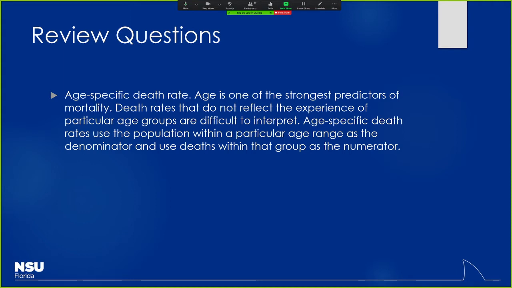But just like in the example we looked at, they were comparing, I think it was Ecuador versus Switzerland. You found that just looking at the crude death rates, it looked like Ecuador was doing a lot better off than Switzerland, but it didn't take into account that Switzerland had a much older population, because maybe they had better access to healthcare and things like that. Also, birth rates are quite different between the populations. So by looking at age-specific death rates, it helps to sort of equate those things out, where you can actually figure out what the proportion of people in that older age group was between countries. Maybe it was like 30% in Switzerland, but only like 20% in Ecuador. And what effects might that have there?